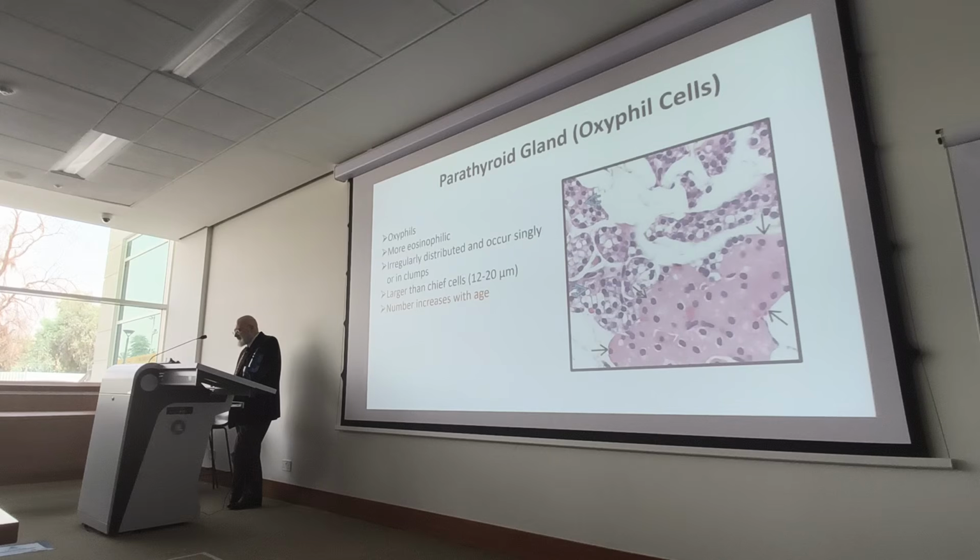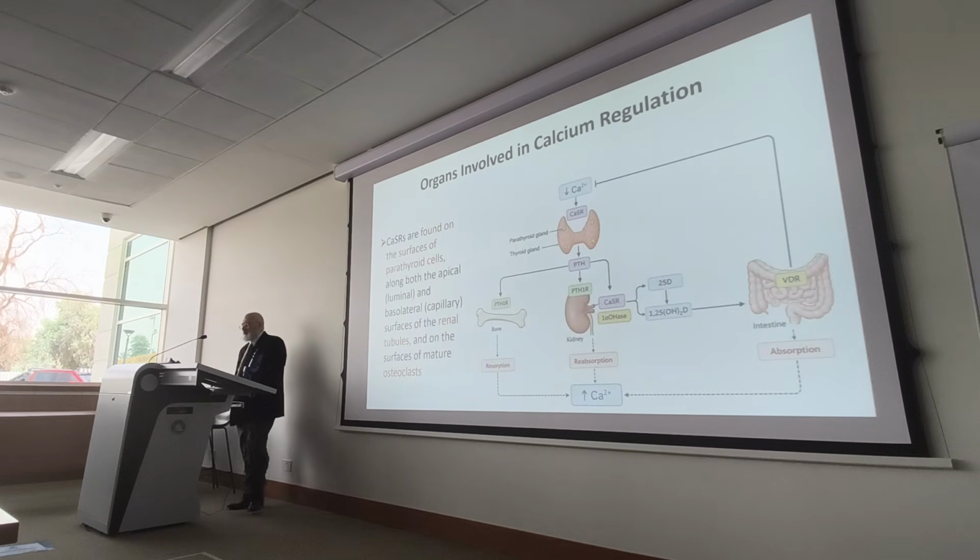The other type of cells is called the oxyphil cells. They are more eosinophilic. These are the bigger ones, much bigger, 12 to 20 microns. Larger, the number increases with age, and they are irregularly distributed. The function is not really clear. But anyway,